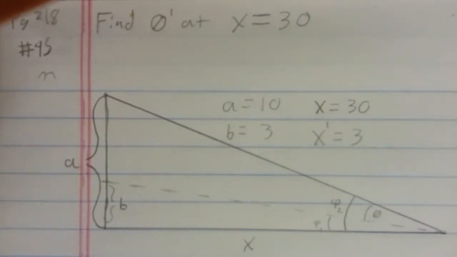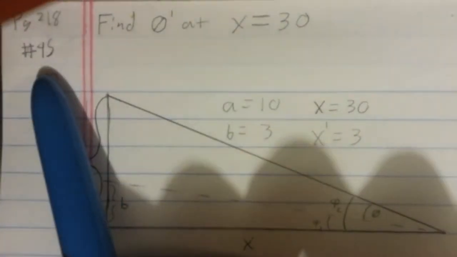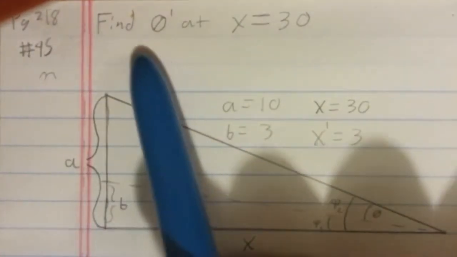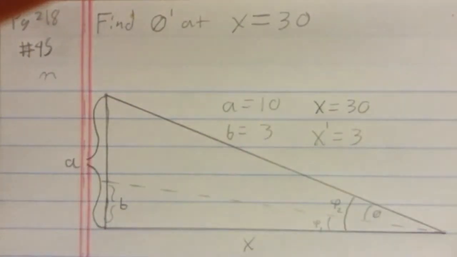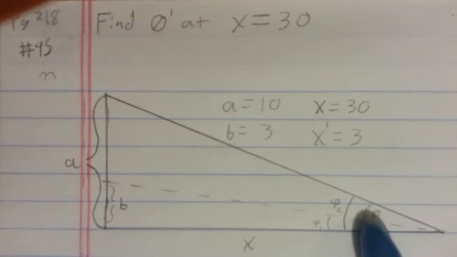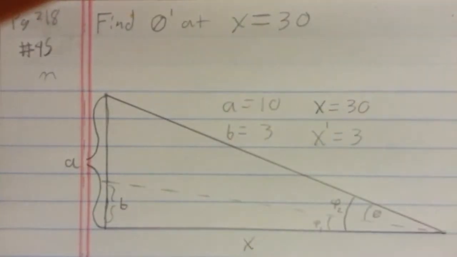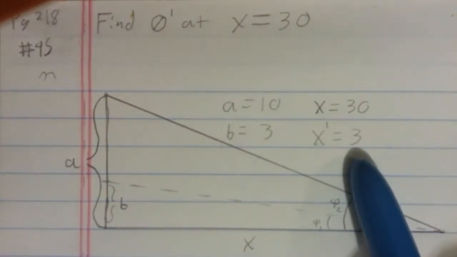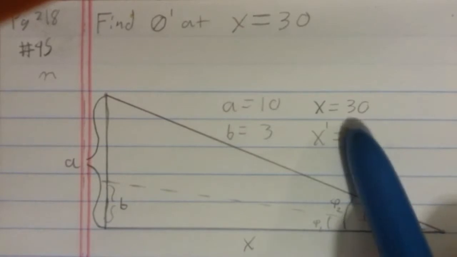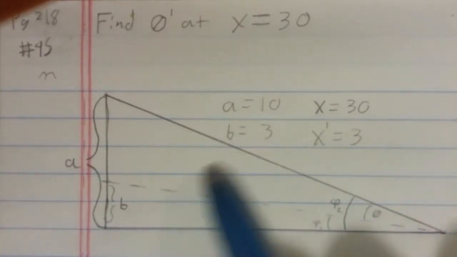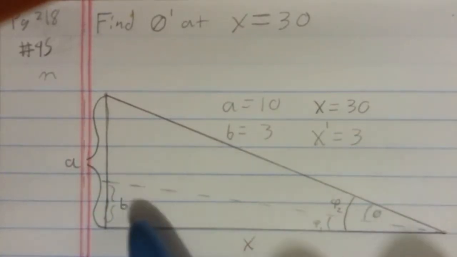So here we have a related rates problem, number 45 on page 218. We're finding the rate of change of theta given at this partial angle here at x equals 30 as our x value is increasing at a rate of 3. We're taking it at x equals 30, and our a and b values given here and here are both constants